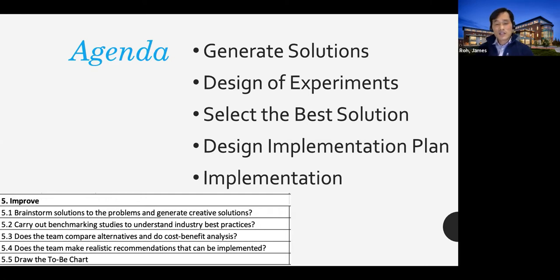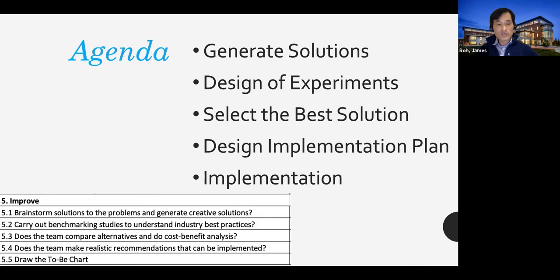So that's a kind of project management, and you have to do that there. And then lastly, if you have crafted that implementation plan, then that's going to be your implementation phase. You are actually implementing it, and that's your project management. Now your improvement phase turns into the project management phase, so you have to understand the pros and cons of each task and how they are related to each other, whether they are going over the budget or in time or not. That has to be managed there in the implementation phase. So in this process, you are going to become a term project manager if you are to manage all this